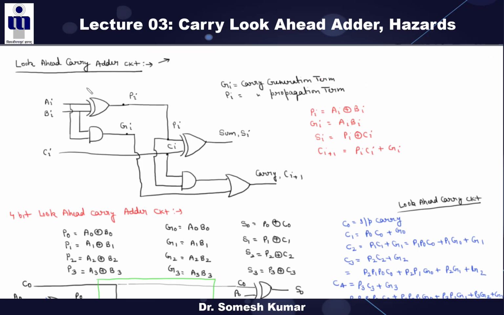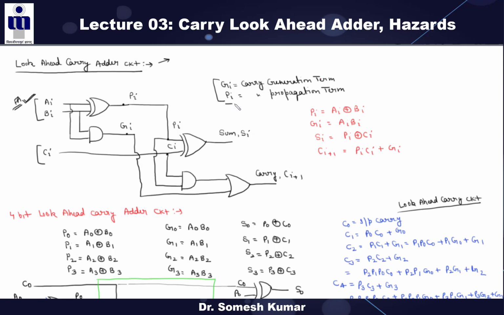Now this is your circuit for the basic full adder, right? You all know one full adder consists of two half adders and one OR gate. Here I am denoting the inputs as Ai, Bi. See, this i means if it is A0, B0, C0, it is the first bit, the 1-bit adder. If it is A0, A1, then i stands for 0 to n, right? So these are your 3 inputs: Ai, Bi, Ci.